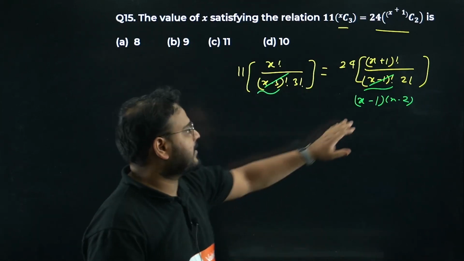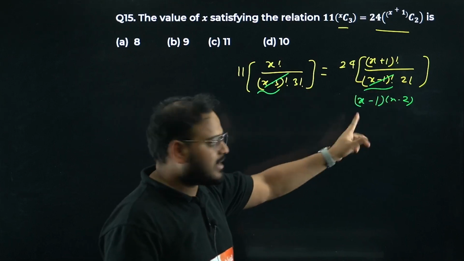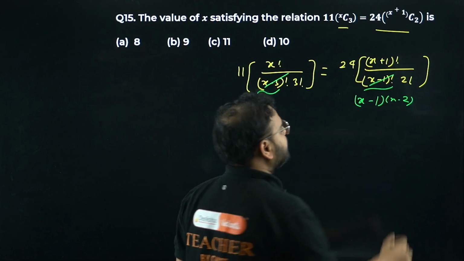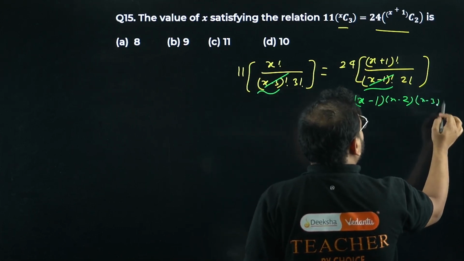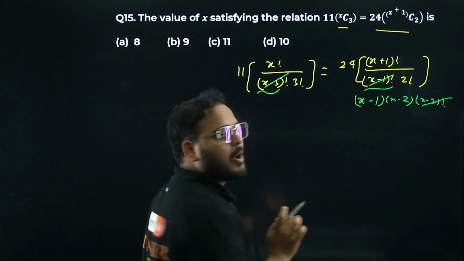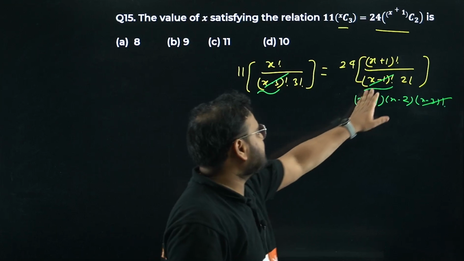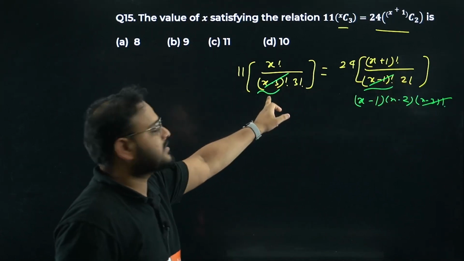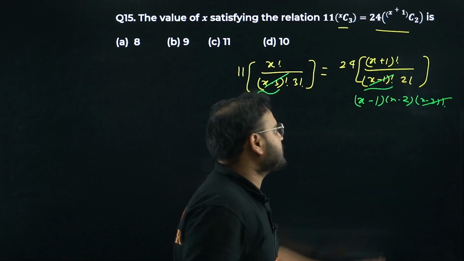Yeah, so this is bigger. X minus 1 is bigger, x minus 3 is smaller. If you cancel these two, you're going to get x minus 1 left, x minus 2 left. What is the next term? I can write this as x minus 3 factorial. I'm cancelling this part only. I hope this is clear. I can write this x minus 1 factorial as x minus 1 into x minus 2 into x minus 3 factorial. Cancel with this part. I'm left with only x minus 1 into x minus 2.